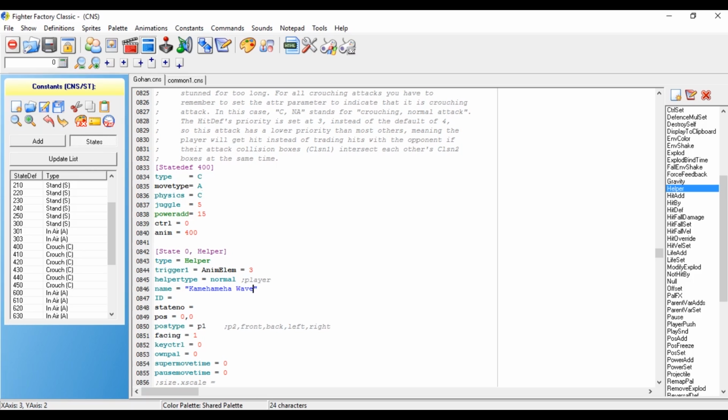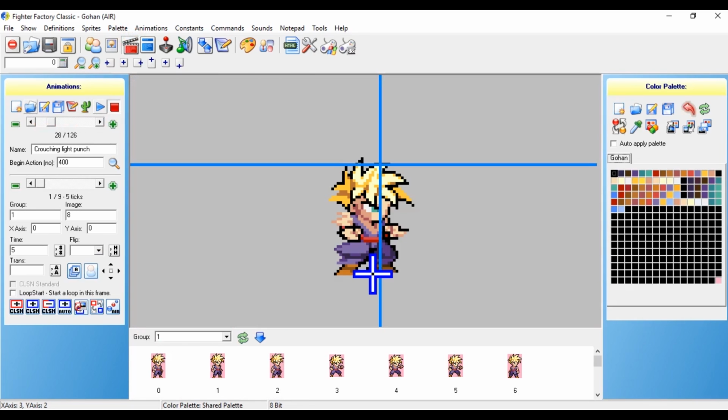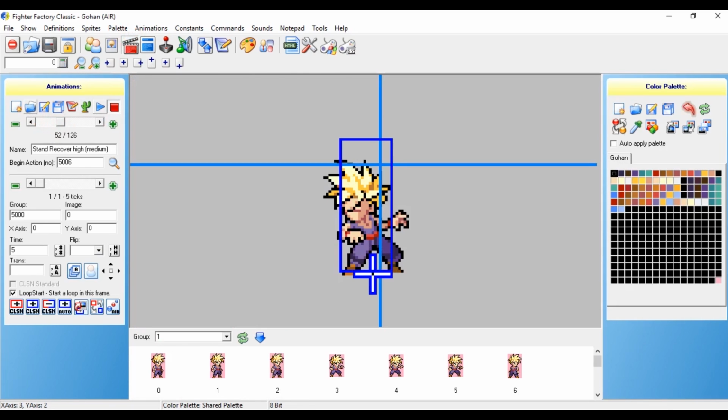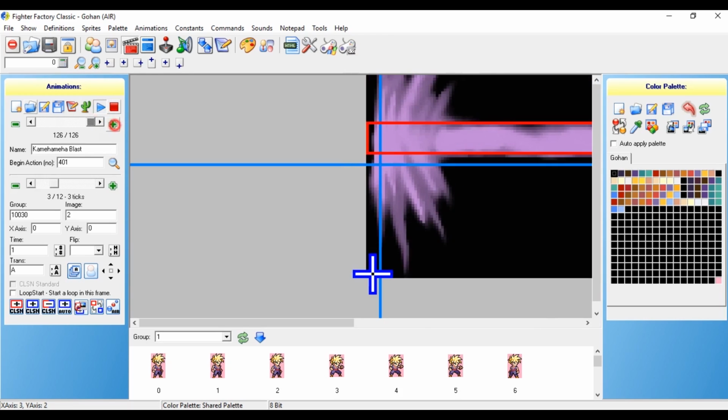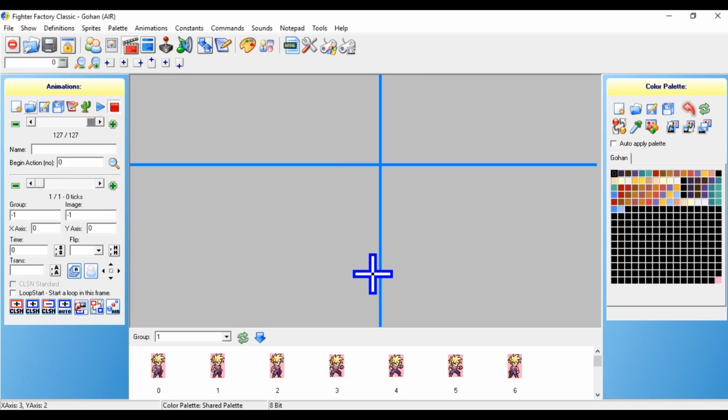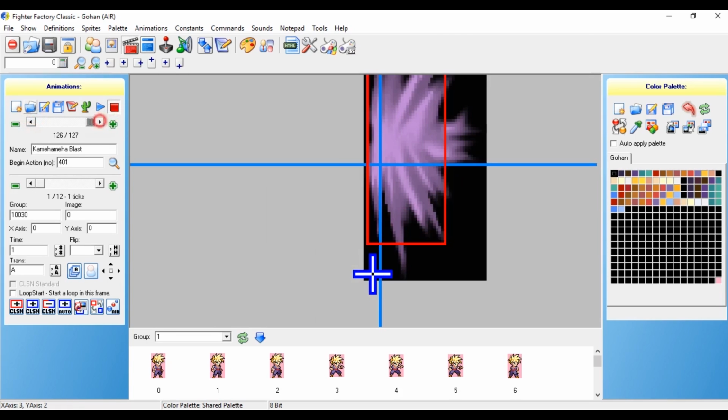Like that, and for the ID and the state number, I'm going to use the animation number of the Kamehameha wave that I made, and I already put it into my animation file. If you didn't do it yet, then use your Kamehameha wave sprites or your blast sprites and turn that into an animation like I did right here. This is the Kamehameha wave that I'll be using. This is the same wave that I made for Goku Black, but I'll change the color